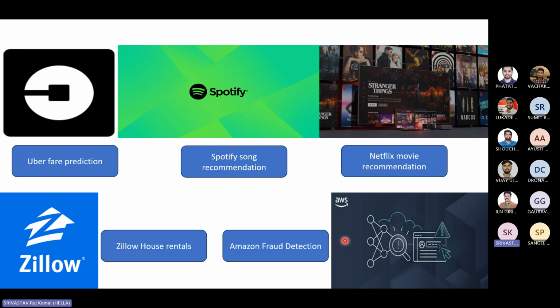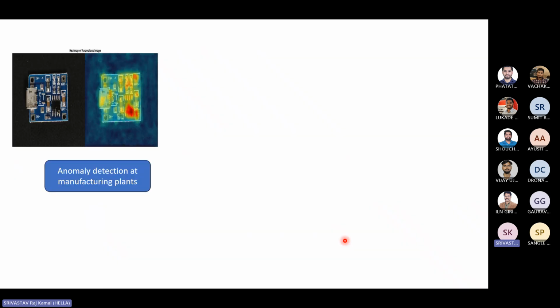Just to give you an idea of where these machine learning algorithms are placed, these are some of the examples. Now let's take some examples from our companies. We are from manufacturing companies, automotive. So for example here, if we pass this image of these chips into our model, it would be able to detect that okay, there is something weird here, there is a shortage, that's the red mark, that's the heat map.